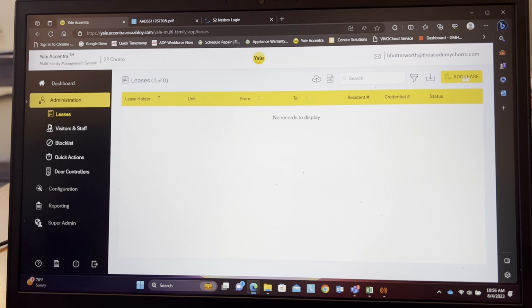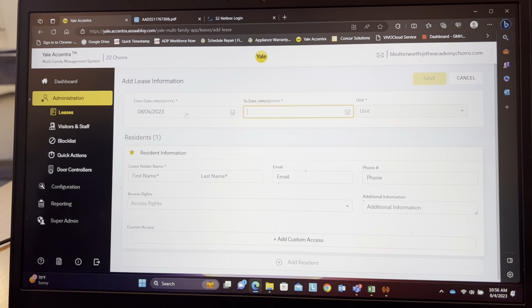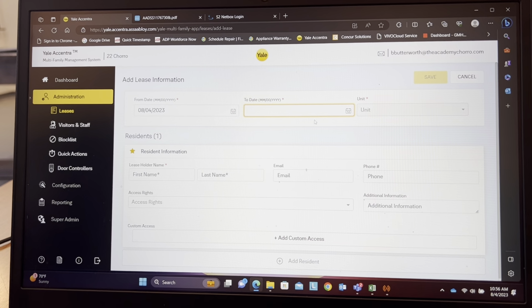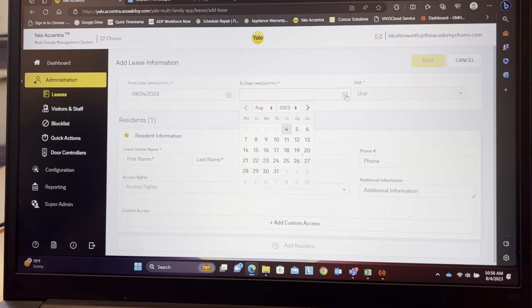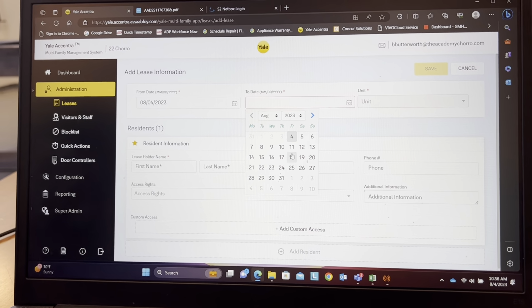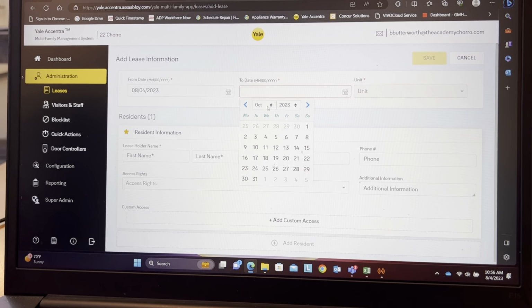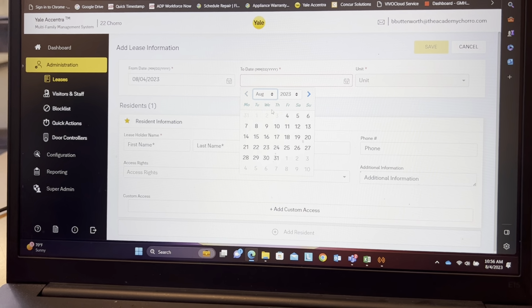Top right corner, add lease. You have to have a start date, which today's the 4th. That would be our start date. And then you have to have when you want their lease to end. If you guys do a 1-year lease, a 6-month lease, you can pick that from here. Okay. If we do one year, we go August 8,